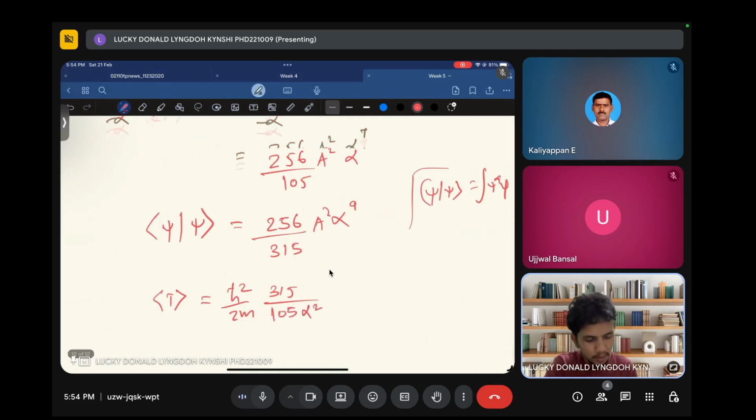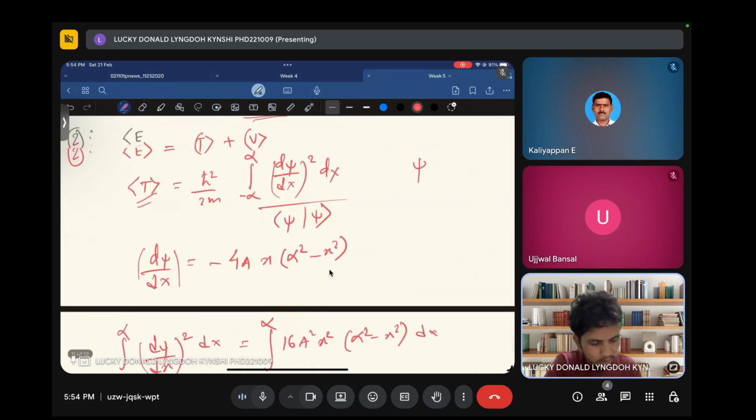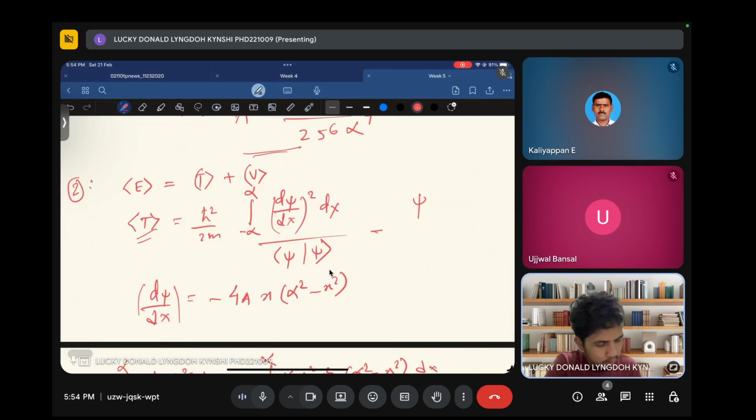How do I get this? You can take this one as your main equation, equation 1, that is your kinetic energy, and you solve first d psi by dx whole square integration of dx. First you solve this term. This is what I got in here,